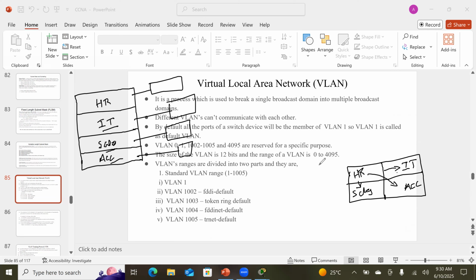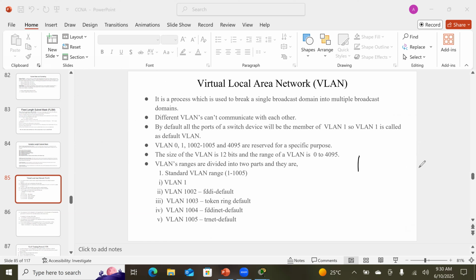For example, if you are sending any kind of broadcast packet, let's suppose we have this switch which has 8 ports. Let's suppose these 2 PCs are connected for the HR department, these 2 PCs for the IT department, these 2 PCs for the sales department, and